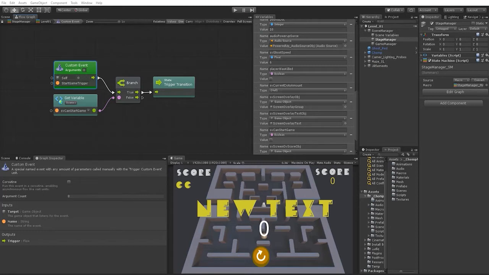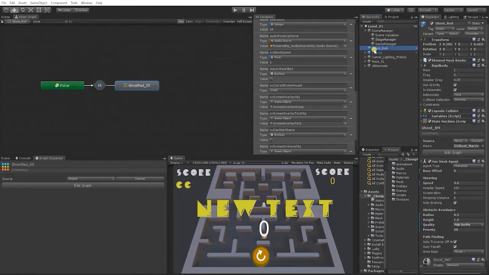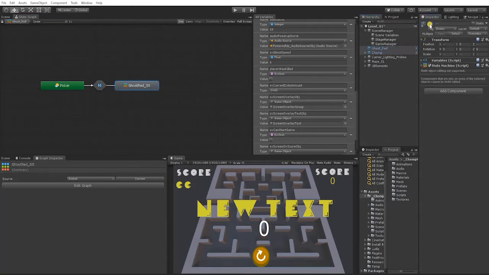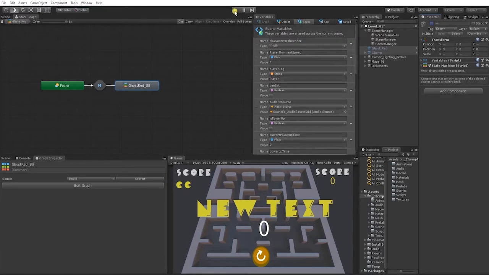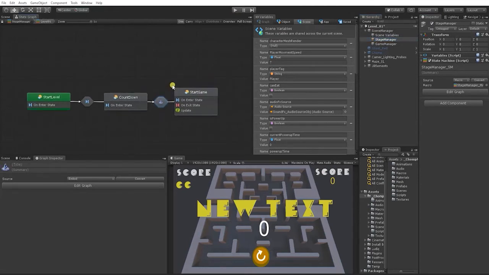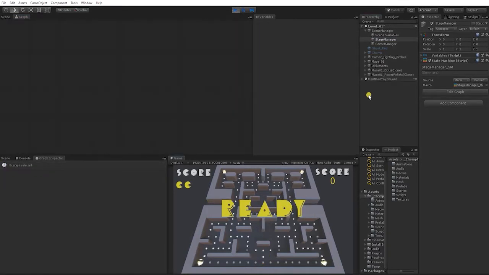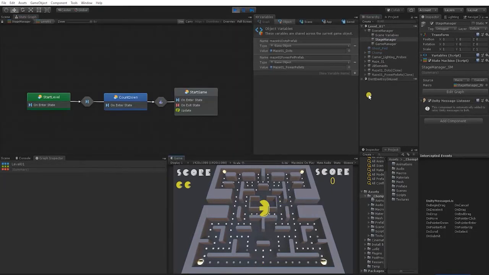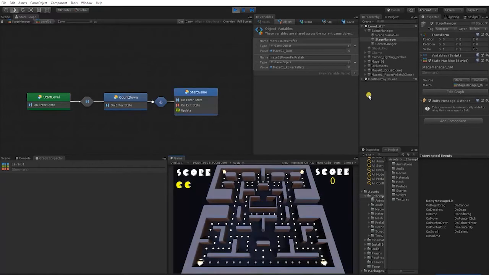So before we continue, let's test out a custom trigger and make sure that it's working. So for now, we're going to disable our ghost, and let's go back into our stage manager, and let's hit play. So creating custom triggers is a great way of sending trigger events without having to constantly rely on the update